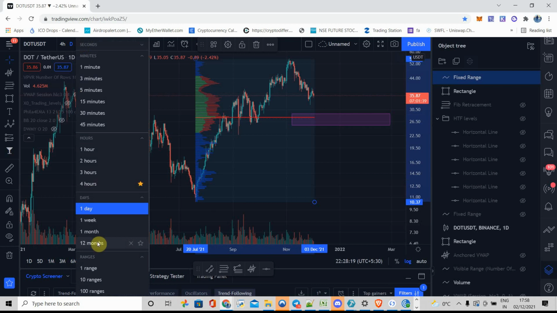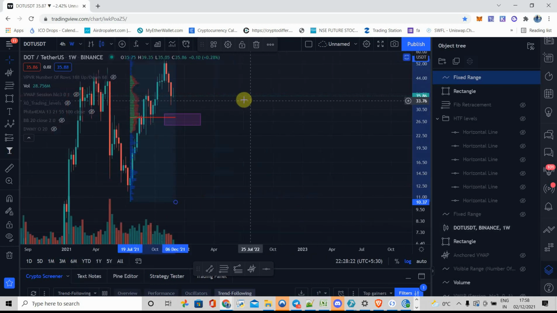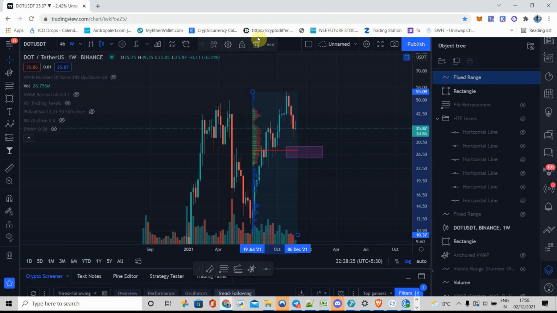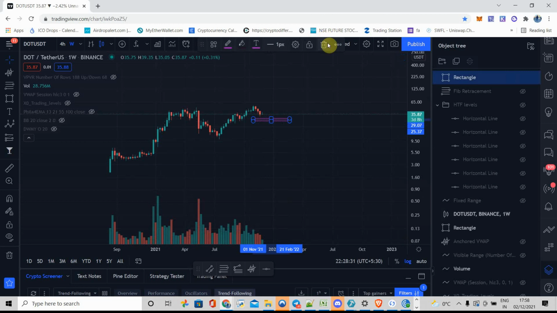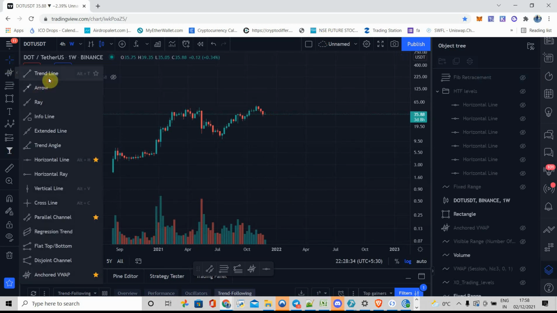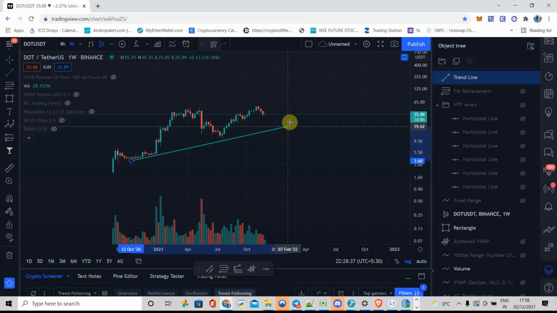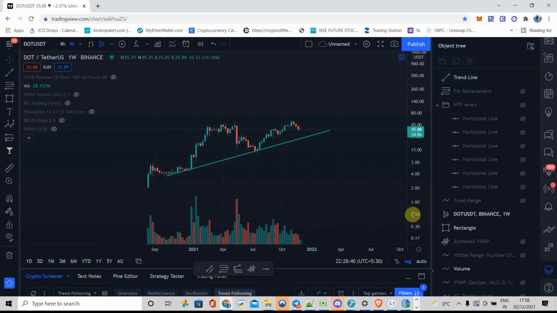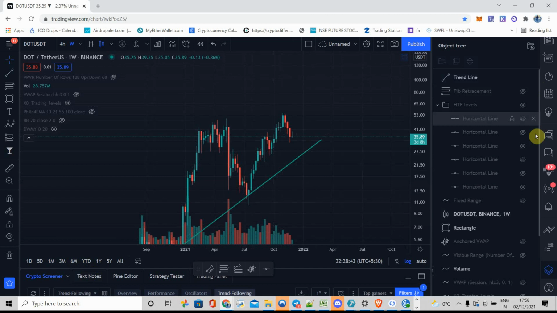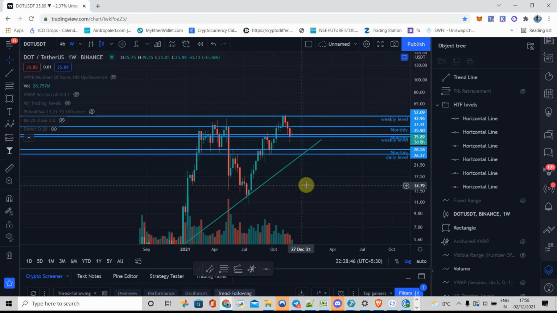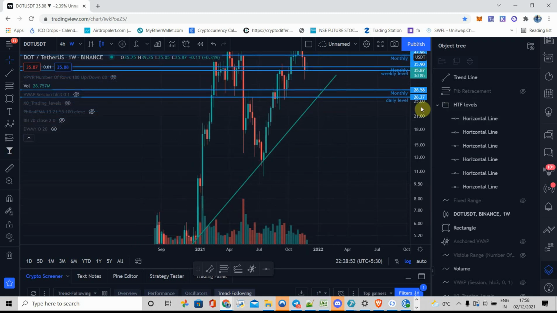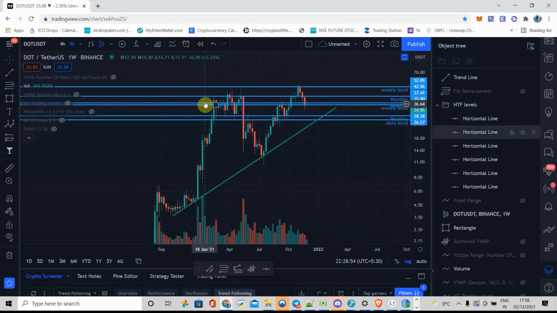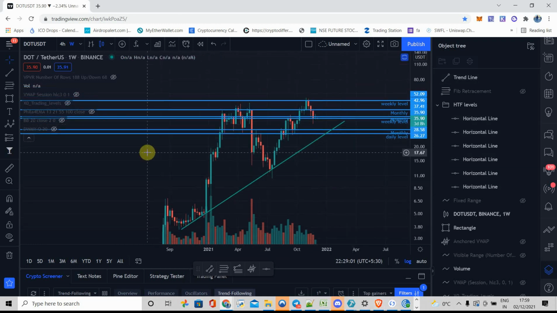Let's see on the weekly time frame if we are getting anything apart from this. On the weekly time frame, let me draw the trend line. I will draw the trend line from this level to this level and see if we can get confluences around this region. Yes, see, we have a confluence around the same region we are talking about, and this is a really high time frame trend line support. So I think this is a very strong level in my opinion.